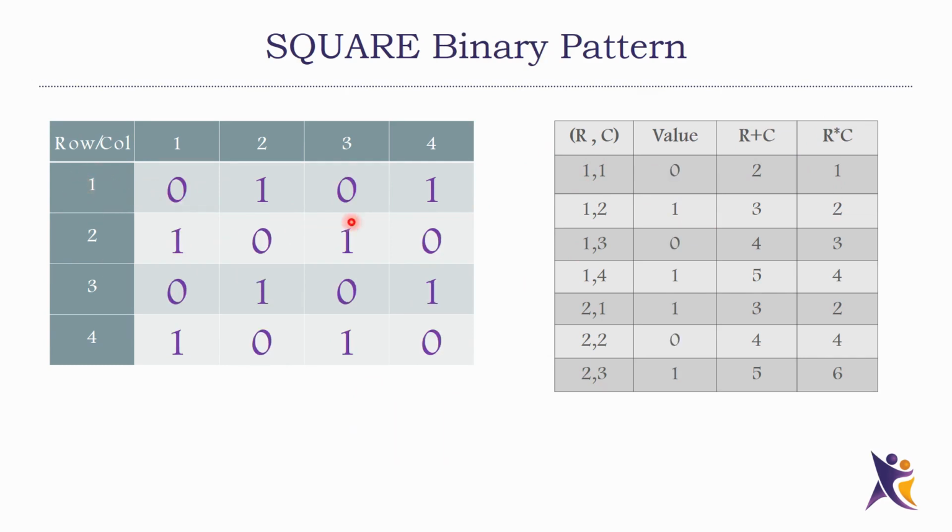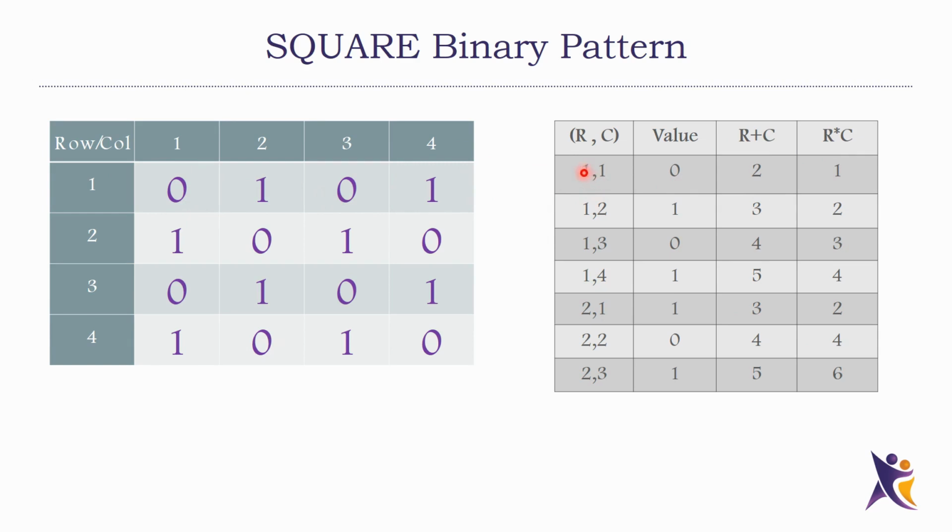If you look at this binary pattern, just do this table, row plus column. You may wonder why I'm doing this. We should figure out in what cases I should print a 0 and in what cases I should print 1, right? So there should be some logic. To figure that out, I am doing all these multiplications and additions of the row number and column number, and we can also try adding the n value, so that some pattern will be useful to identify when to print 0 and when to print 1.